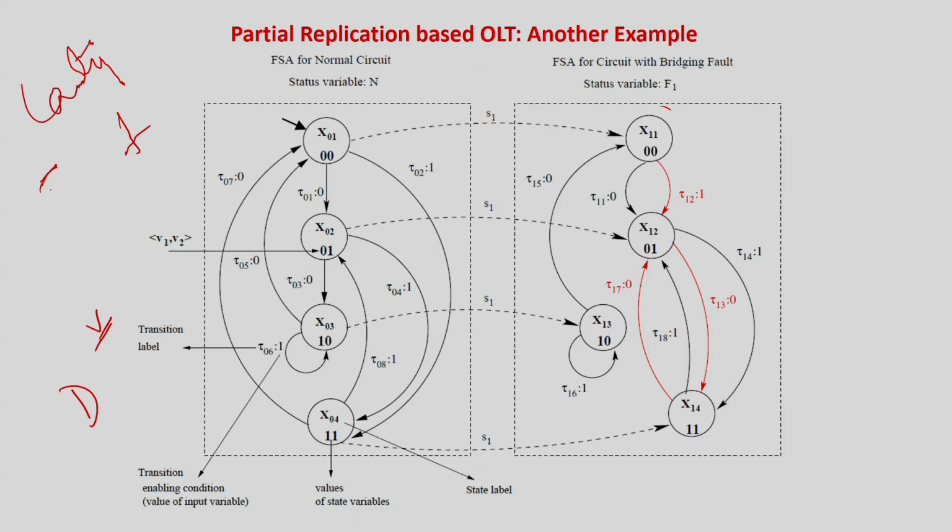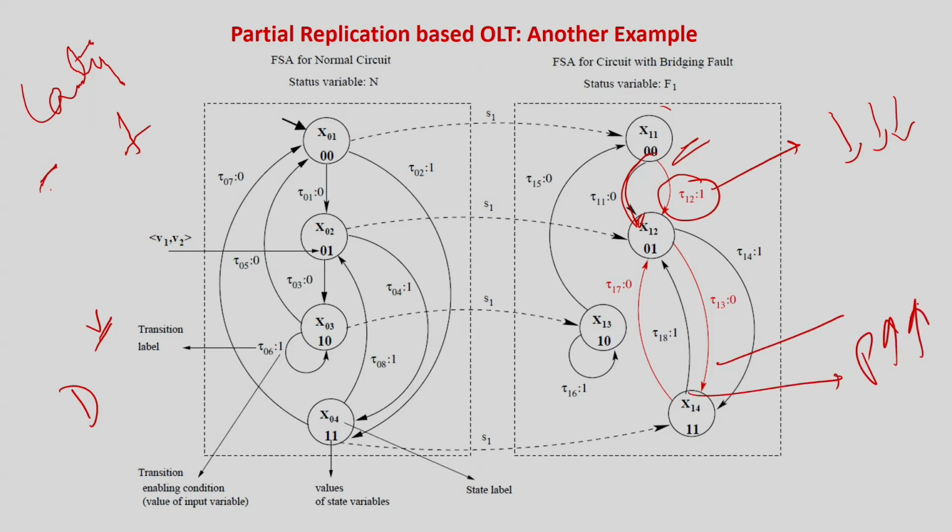If you look here, once I reach over here, after that I cannot reach back to this state. So the occurrence probability of this transition is very, very low. But if I am in this loop, once I am here I will come over here, and after that I will be looping in x12 and x14. So I will be looping in this manner, and sometimes these transitions will occur. So the probability of occurrence of these two transitions, this and this, is much, much higher. By looking at the state structure, I can tell you.